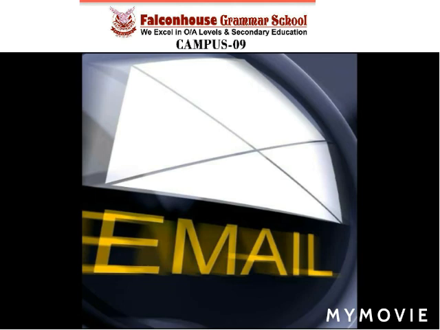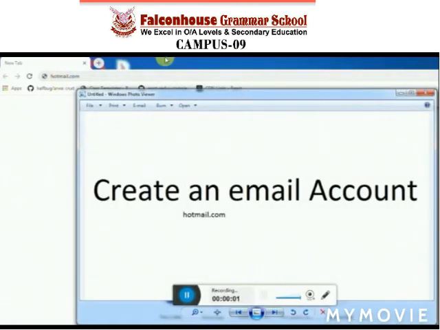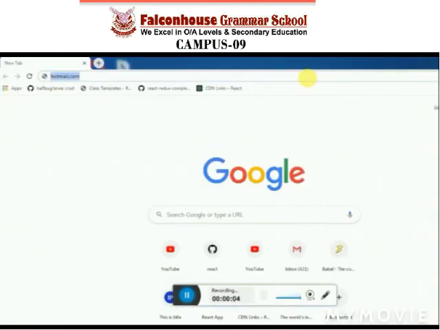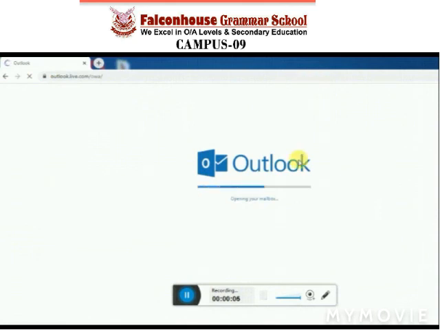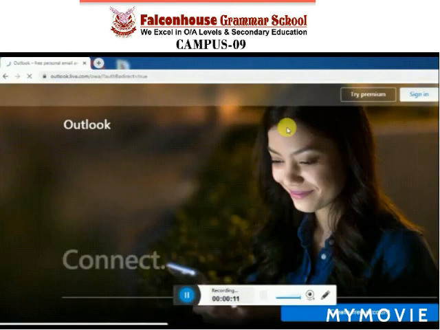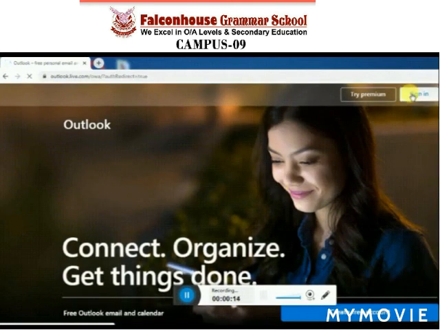Now I'm going to tell you how we create an email account. To open an email account, we can choose from several websites. Each of these services is free and has specialized features that are very useful. Hotmail is a very common website that we can use for email. To create an email account, we can open a Hotmail account. Type the website address www.hotmail.com in the address bar of the web browser and then press enter.